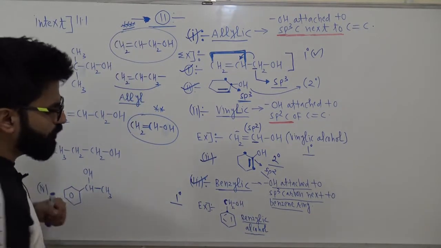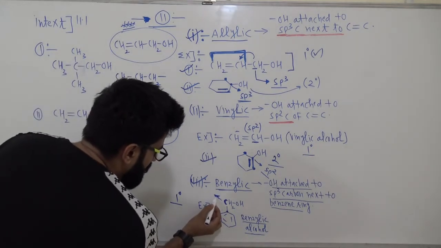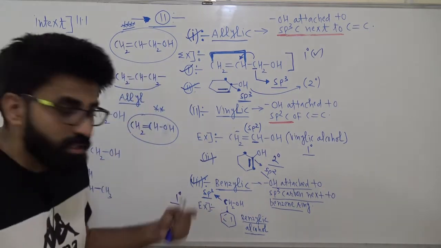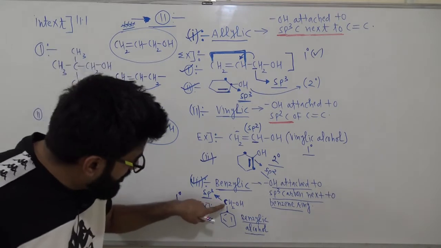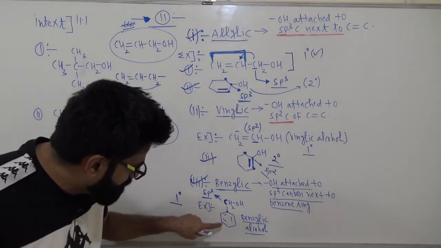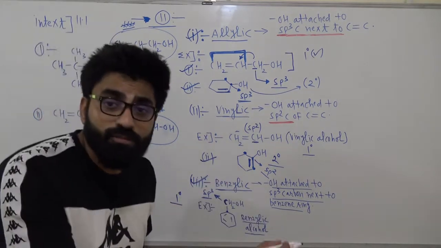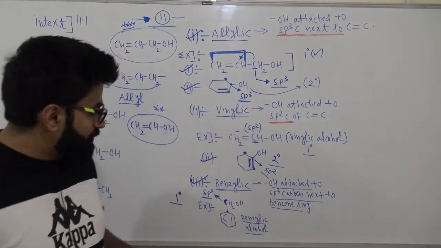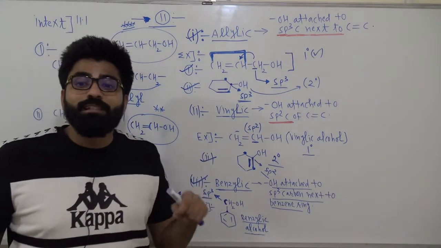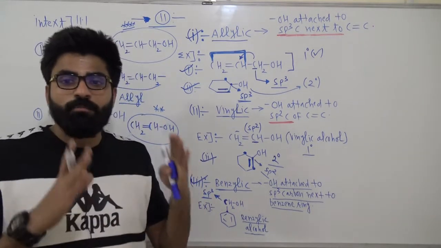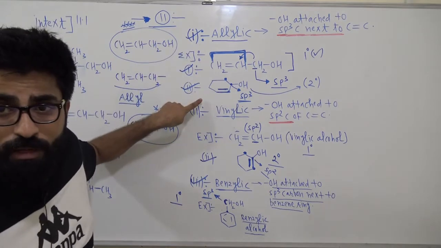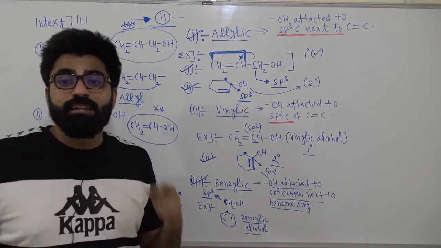You're like, sir, okay, we will check that. What is the hybridization of this carbon? The hybridization of this carbon is sp3. If you have any doubt in hybridization, let me know in the comment section. This sp3 hybridized carbon is next to the benzene ring. Can you see that? What is the meaning of next to the benzene ring? It means after the benzene, the next carbon that we have is sp3, and to this sp3 carbon the OH group is attached. It means I will call this alcohol benzylic alcohol. Okay, so I hope the meaning of allylic, vinylic and benzylic is clear to you, right?